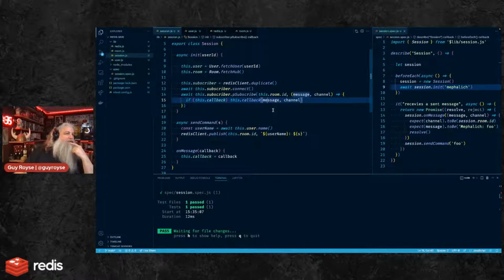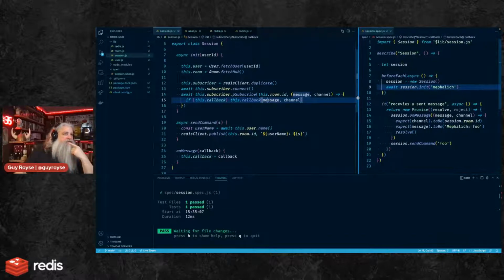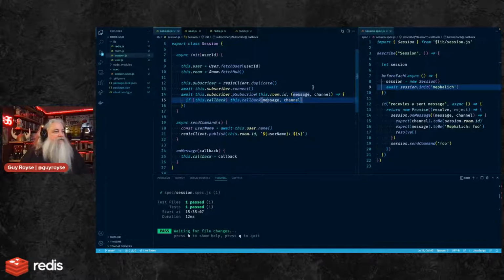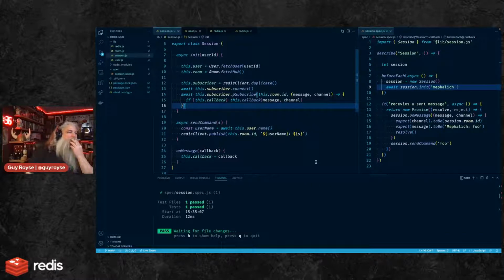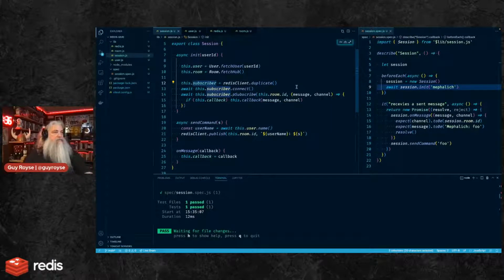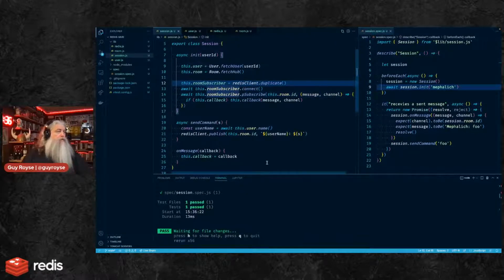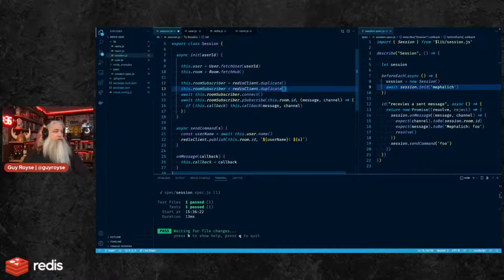I do want an ability to send global messages that get sent as well. And I need to do commands. So let's look at global messages first. I think that'll be a little easier. This person here, the session subscribes for any messages it cares about. I have the urge to push that into another class, but for now, let's just rename this. This is the room subscriber. And then we want to have a global subscriber.